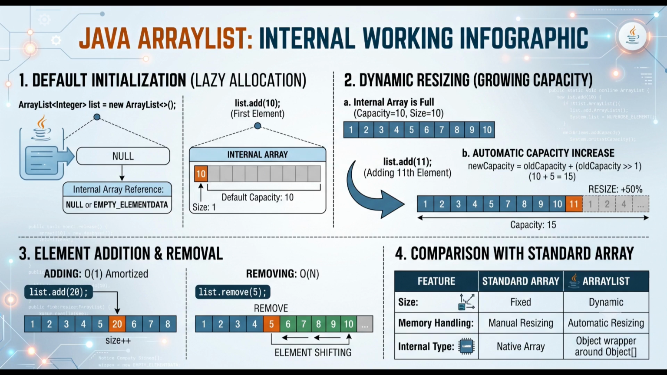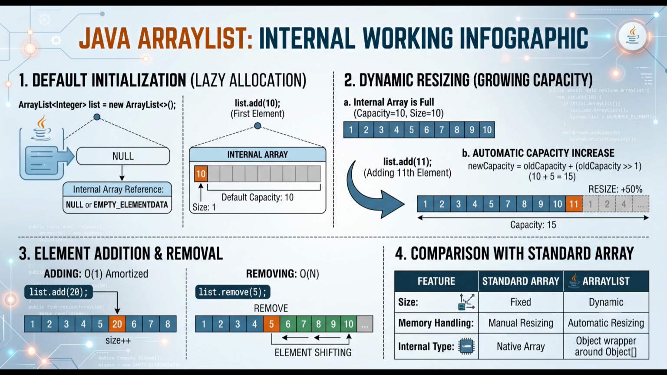What happens when you hit that 11th element? You're out of space. Does it crash? No. It triggers an automatic resize. Think of it like this: the ArrayList creates a brand new, larger array, specifically 50% larger than the old one, and then it copies everything from the old array into this new, bigger home. It's a bit of work for the JVM, but that's the cost of having a list that feels like it